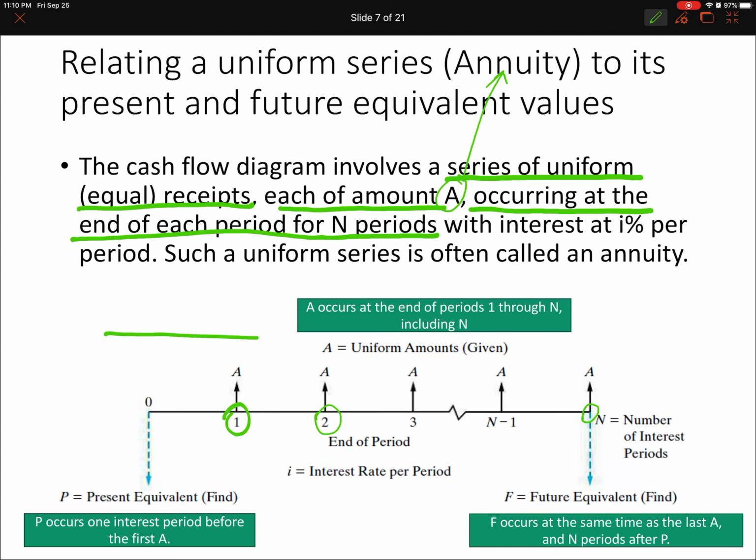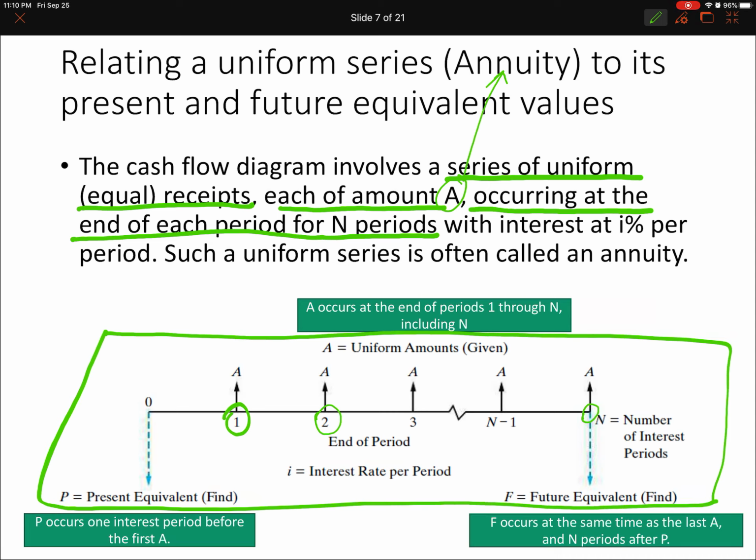So this graph is a typical graph for an annuity. You will see the same length of arrows at the end of the first period, the second period, the third period, the n-1 period, and also the end of the n period. They are the same length, which means they are the same amount, and you label them the same amount. Here we label it as A, but if you have a specific amount, you just label it here, maybe 100 every month. Or you can also just write A equals 100, and everybody will understand that it's going to